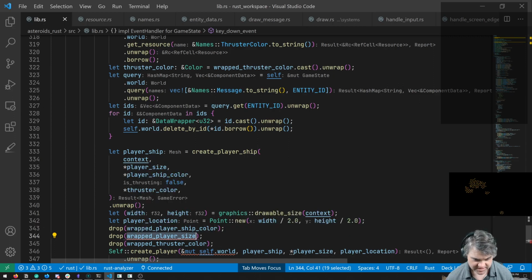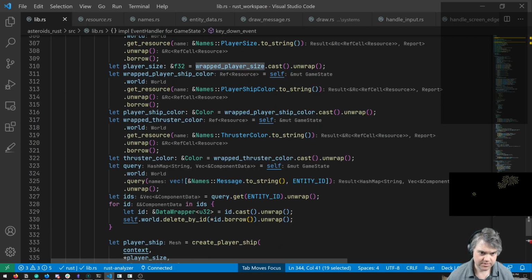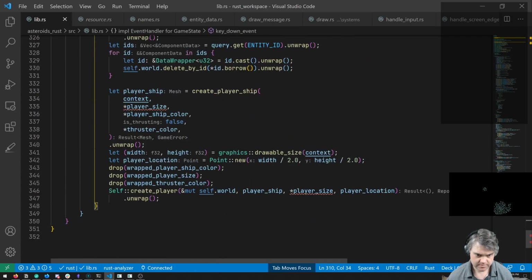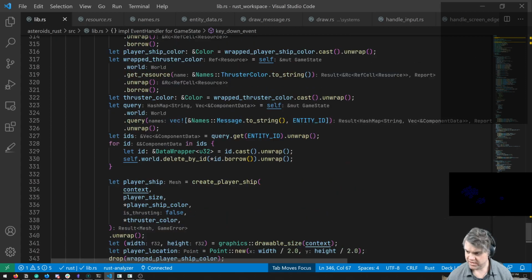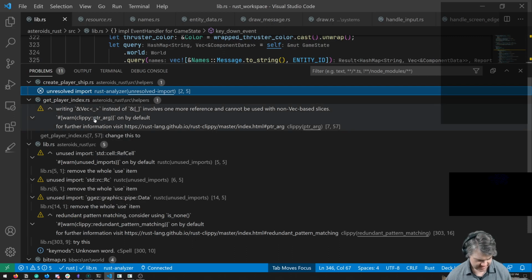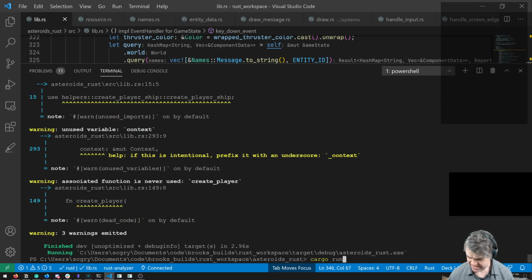Cannot move out of wrap player size. Oh, right, because I can get that right here. Wrap player size, I can just do a dereference here, and then you're fully owned. And that's one error. Where's my error? It's that unresolved import thing. Okay, let's see if this works.